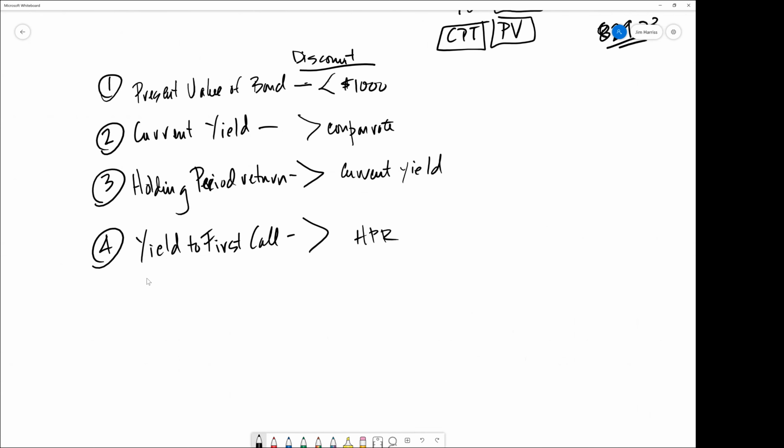And let me write this down. HPR, and this is yield to first call. That's what those things stand for. It's easier because I'm lazy. Don't want to write it out. That you need to understand. This is how it has to work out. Okay? All right. So now that we got that,